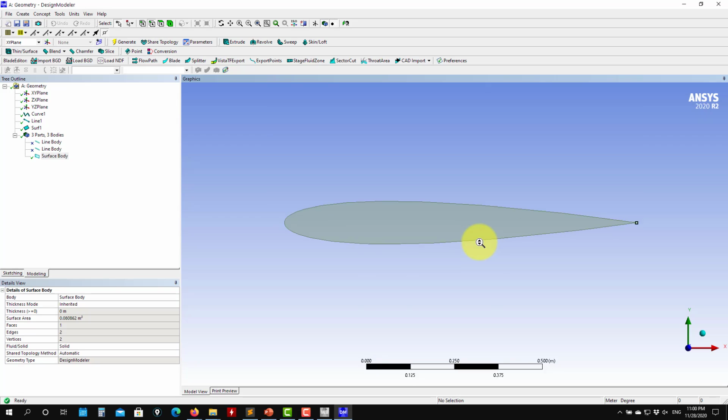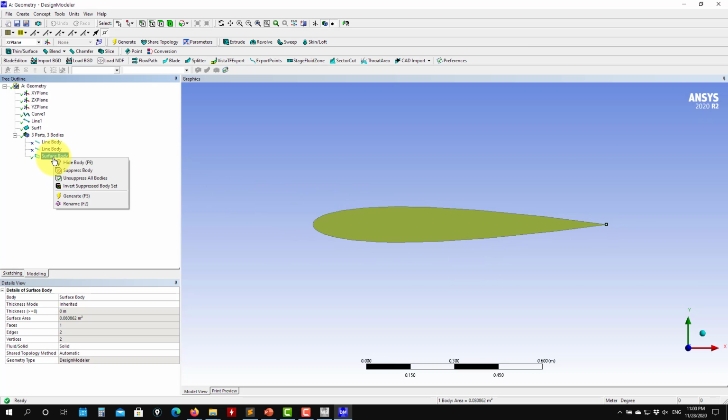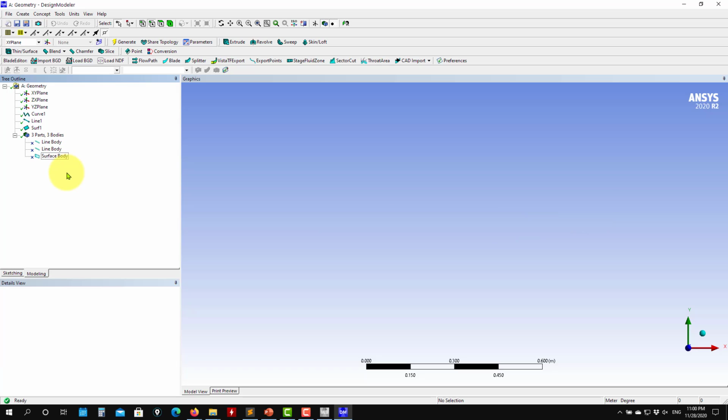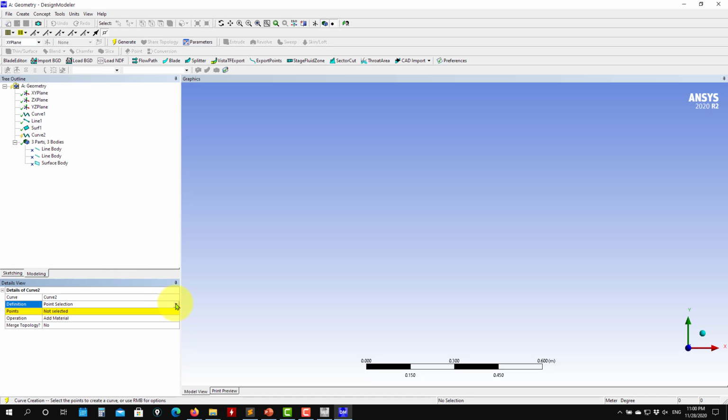So now let me show you the difference with the other. Okay, so see that we have this one. I don't want to see this one, or I don't want to use it later, so I will suppress everything from my design. So now let's import the other ASCII file where we have the coordinates. So you go again here, 3D curve, from coordinate files,